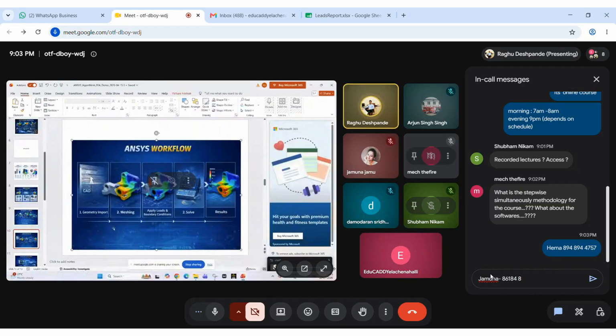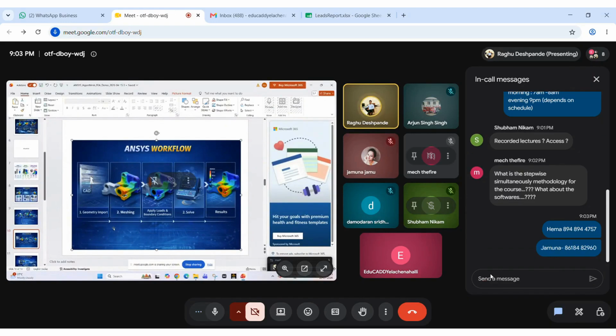Yeah, so the workflow will be like this: a geometry import. Sometimes if you don't know software like CATIA, AutoCAD and SolidWorks, ANSYS has one software called SpaceClaim, with which we can generate the geometry even if you don't know any of the other softwares used for designing purposes. So we will be teaching you SpaceClaim or the Discovery software which is there for designing purposes. With that you will be developing the geometry,